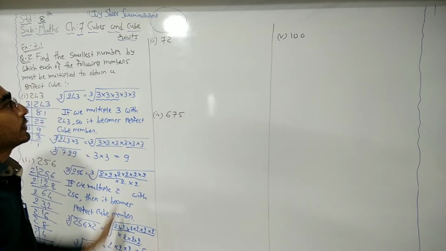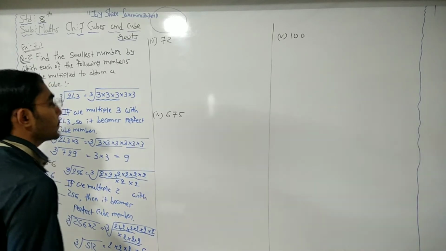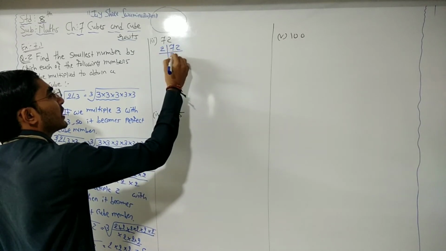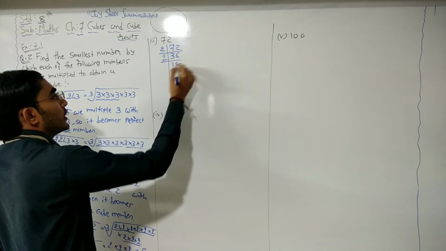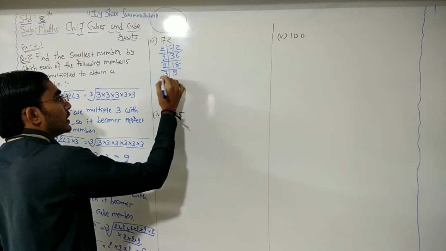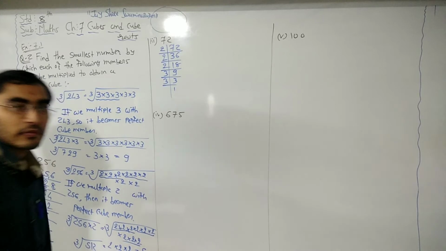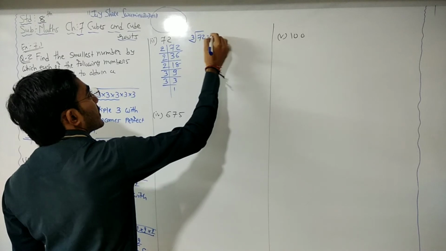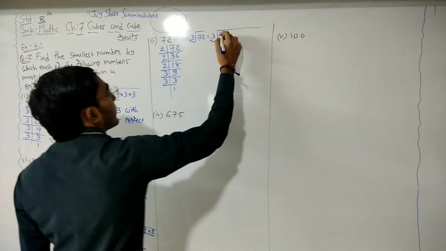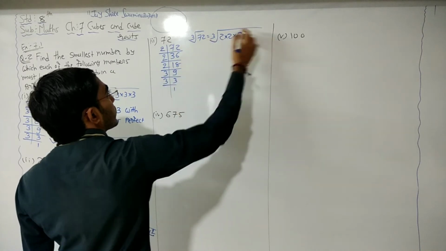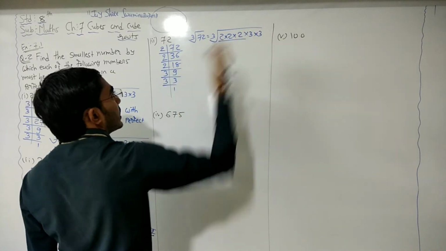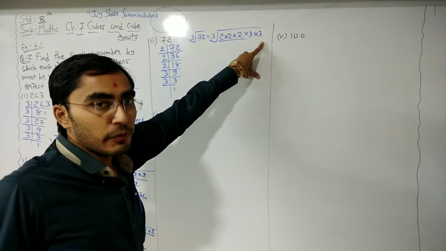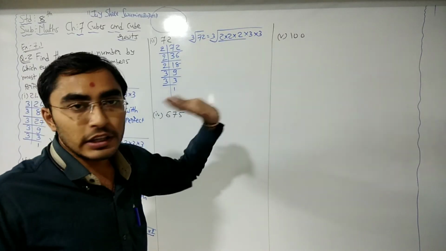Okay, now in similar way, question number 3. Here we have 72. Now for 72, we know that 36 into 2. For 36, 18 twos are. For 18, 9 twos are. Now 3 3s are 9 and 3 1s are 3. Okay, so for cube root of 72, 1 2 3, 3 times 2 and 2 times 3. Now here we have one pair, here 2 times we have 3, one more time we want, so we need to multiply 72 by 3.